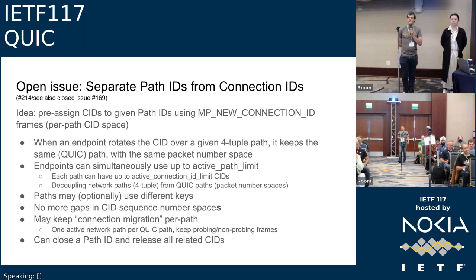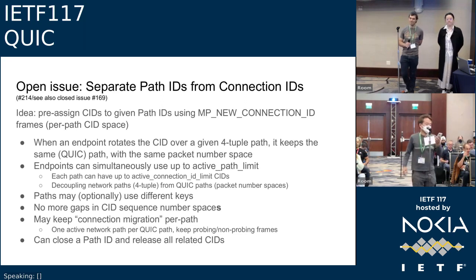And we can also define a frame to say, okay, we want to close a path. Let's close the path ID, retire all the connection IDs, and that's it. And so we do not need the path abandon stuff that we have currently. So that's quite an important design change. So maybe this would deserve a lot of discussion. Kazuho, I think